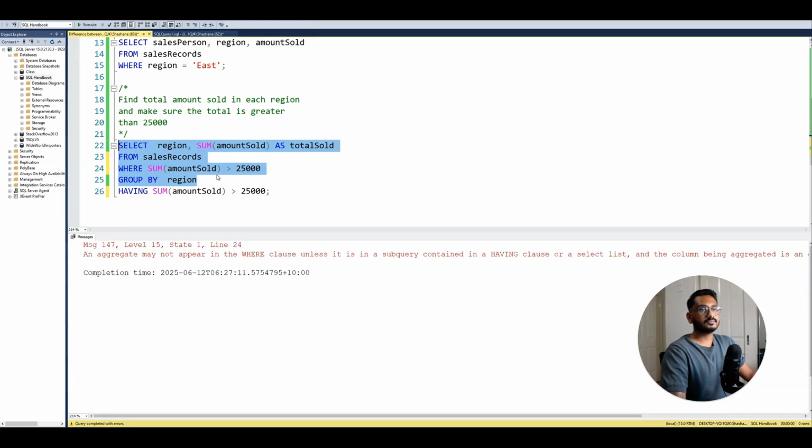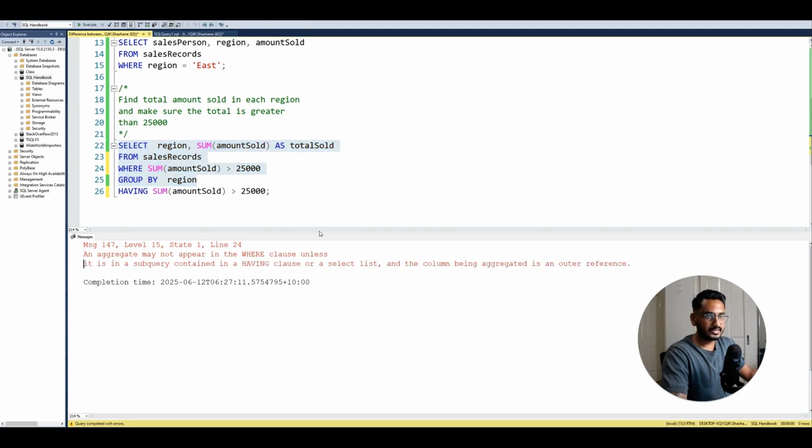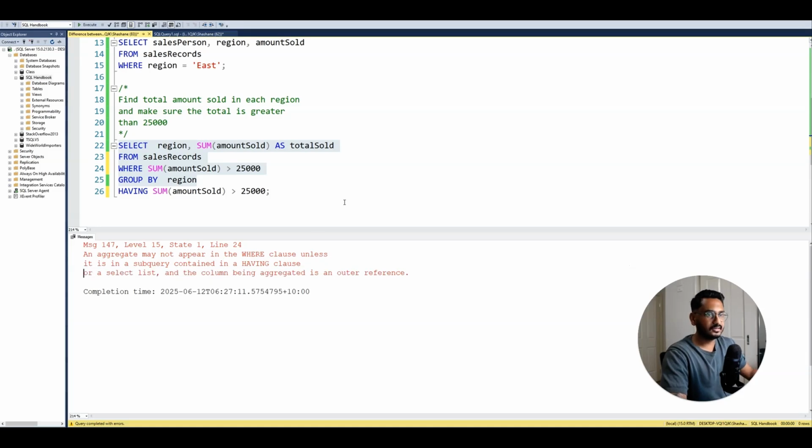If I run this, I get an error message. It says aggregate may not appear in the where clause unless it is in a subquery containing a having clause or a select list, and the column being aggregated is in an outer reference. Okay, so what this tells me is that I can't use the where clause with an aggregate function like sum in this scenario, and that is because